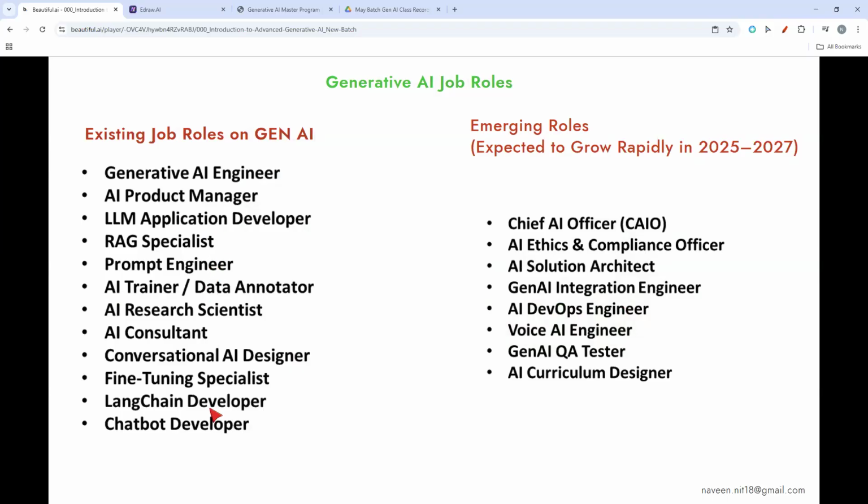You can see these in any job portal. They require generative AI skills, and these are emerging skills. You may not see them now, but they are going to grow rapidly in the coming years.